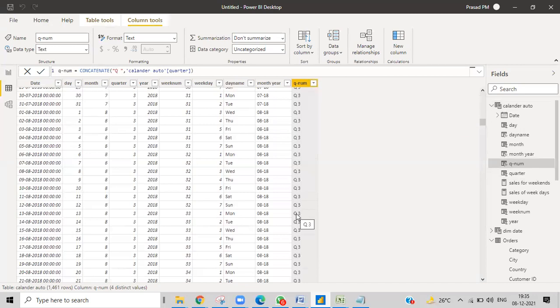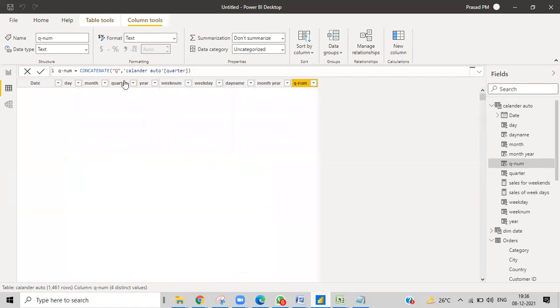But if you want to show quarter 1, quarter 2, if you give just these numbers, it doesn't look very pretty, not good. So when you want to use this in a column or in a visual, obviously we want to make it more beautiful. If you want to delete the space, obviously you can, and then it will look like Q3, Q4. That looks very good.